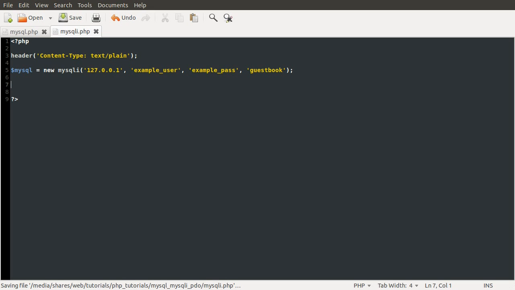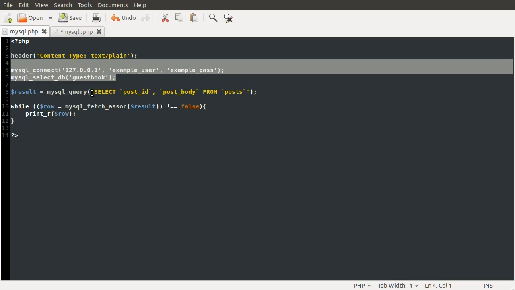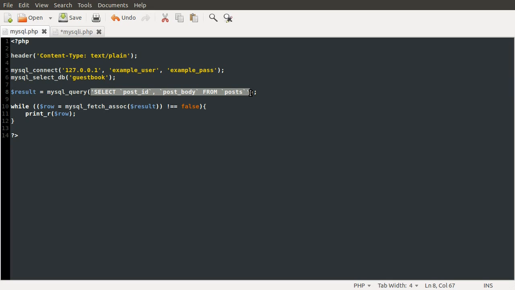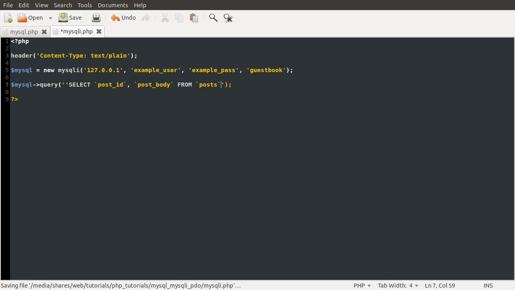And then to do a query, what we do is use the query method of this new object that we've created. So from the mysql variable, we can use the query method, and we pass in just a string, which is the SQL. For the sake of saving typos, because I know this query is correct, I'm going to copy and paste this SQL here, because it's exactly the same, except we don't want the quotes to be messed up. Okay, and what this does is return a MySQLi result object, which we can then use to loop over all the results. So this needs to be stored in a variable, which I'm going to call result, like so, and then to loop